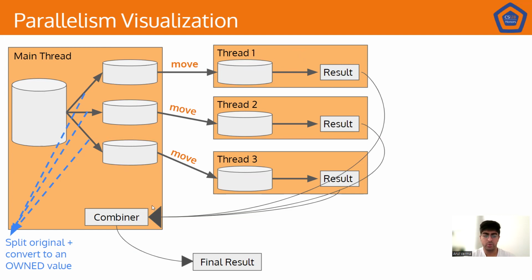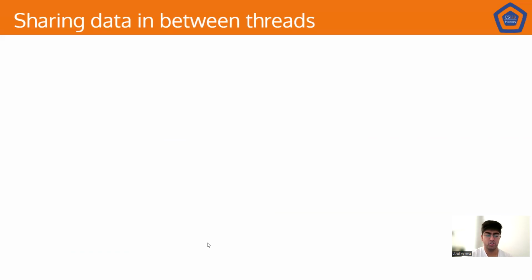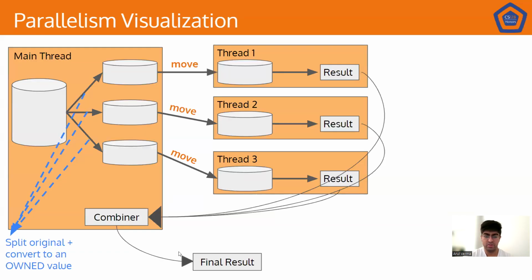Now we want to take this result and return it to our main thread. And this is kind of how parallelism works as a whole, where we combine all of our individual thread results and we get our final result. Now, join doesn't really give us a chance to share data, right? With join, we never really got this result to combine our process. We only got to do the